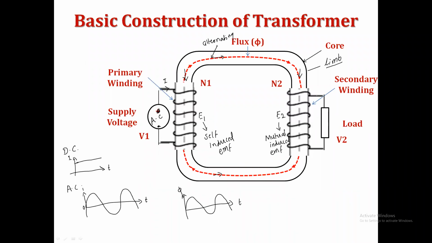And now, once the EMF is induced in the secondary coil, and when the secondary coil is closed with the load, definitely it will circulate the secondary current to the load. And when the current flows through the load, definitely according to Ohm's law, voltage is developed. It means that in this way, electrical energy is transferred from one circuit to another circuit magnetically. Why do I say magnetically? Because electrical energy is converted into magnetic energy, and then magnetic energy is again converted into electrical energy. In this way, the transformer actually works.